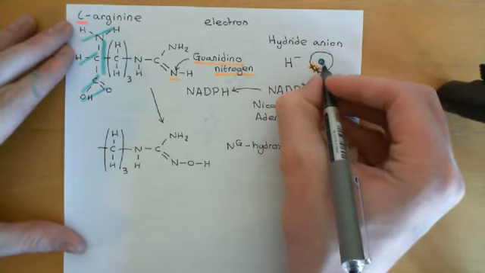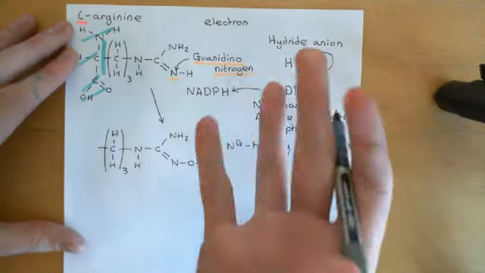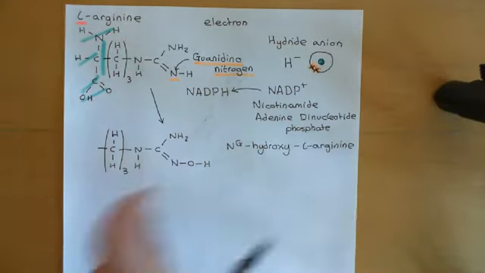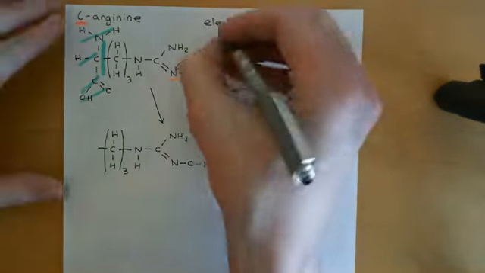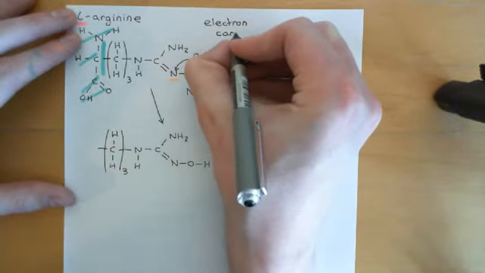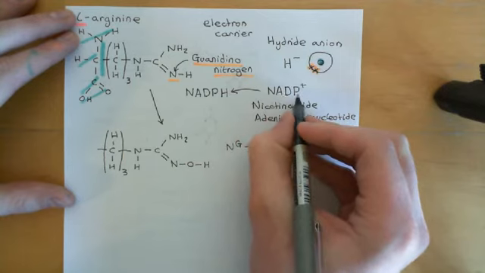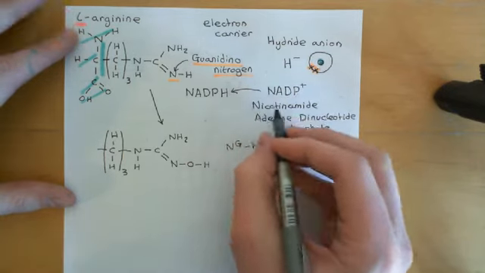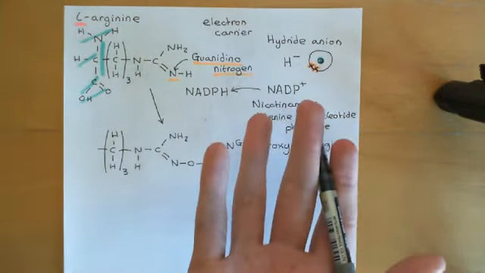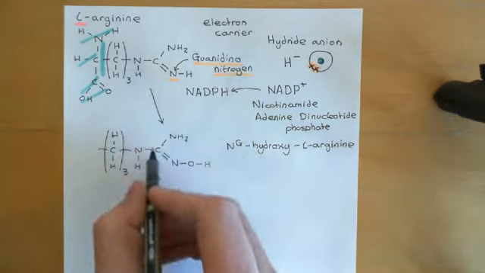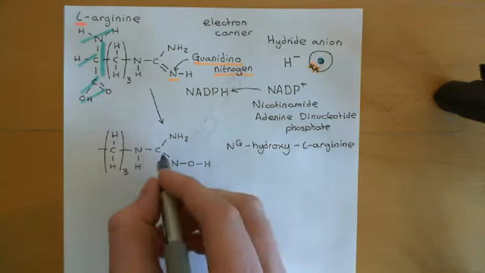Now, why do we not care about the proton? Well, because protons are free in solution. In a solution you will have protons free that can be used in chemical reactions. Protons are not difficult to come by. Electrons are more difficult to come by. So, effectively, we're only concerned about the fact that this carries 2 electrons. You can think of it, if you like, as carrying 2 hydrogen atoms, because when this is involved in this reaction, it's going to give the 2 electrons into this reaction, and then what